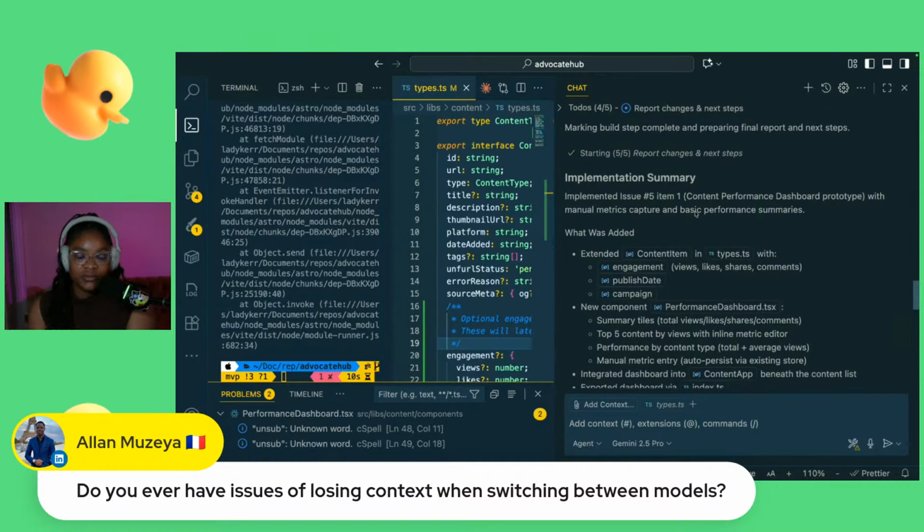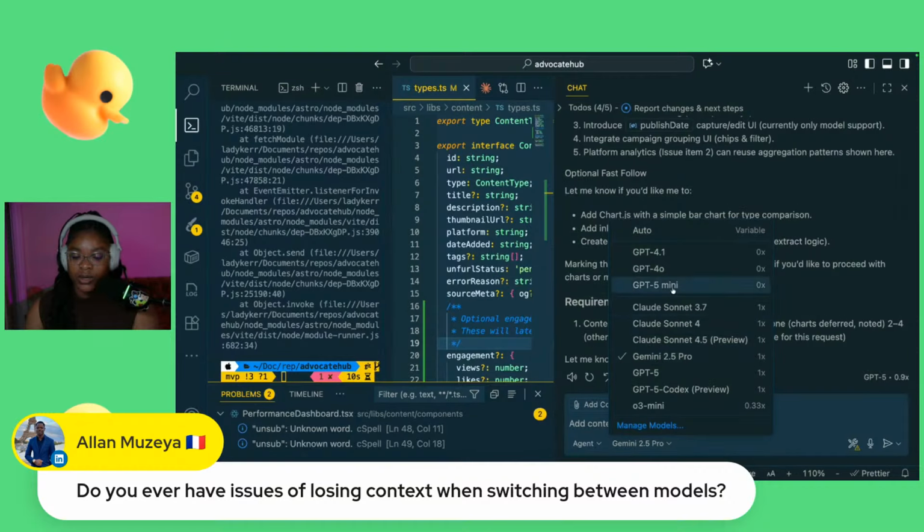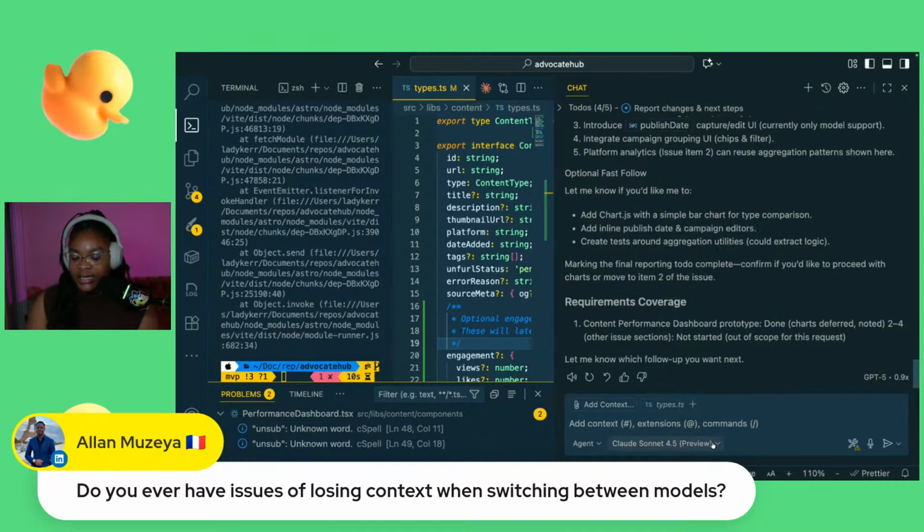And then when I'm ready to move on to item number 2, I will do a commit. And then I will start a new thread and I will move on to item number 2. So if you want to keep the context of what you're working on, I would say approach your work incrementally, step by step, so that you'd have a better experience. But when you're switching models, no. You can seamlessly switch models here and send your requests that way without losing context. Just keep your request scoped to a singular feature or singular implementation would be my recommendation.